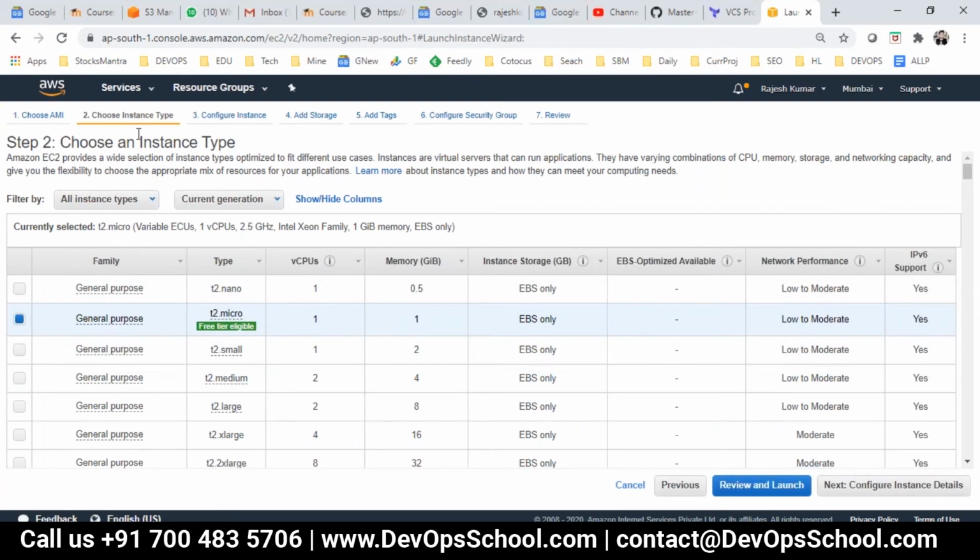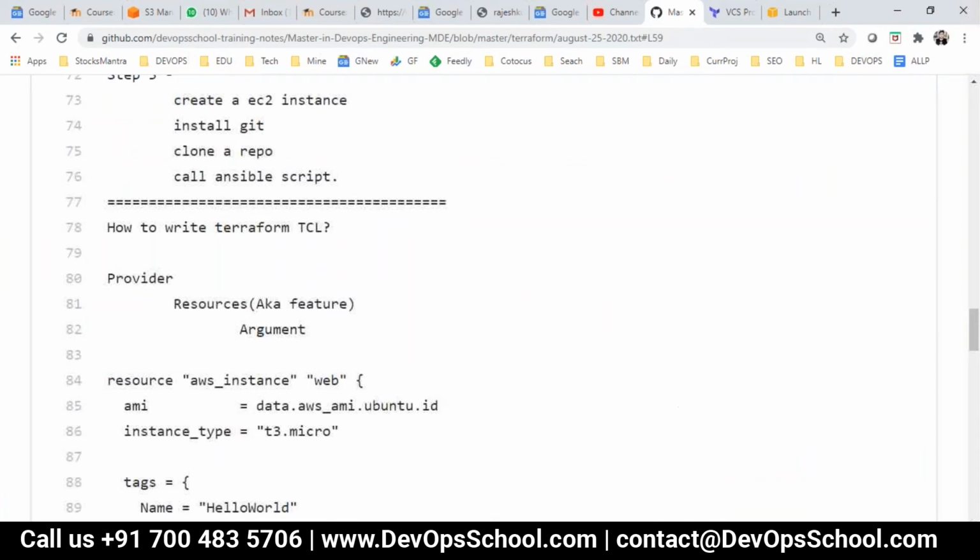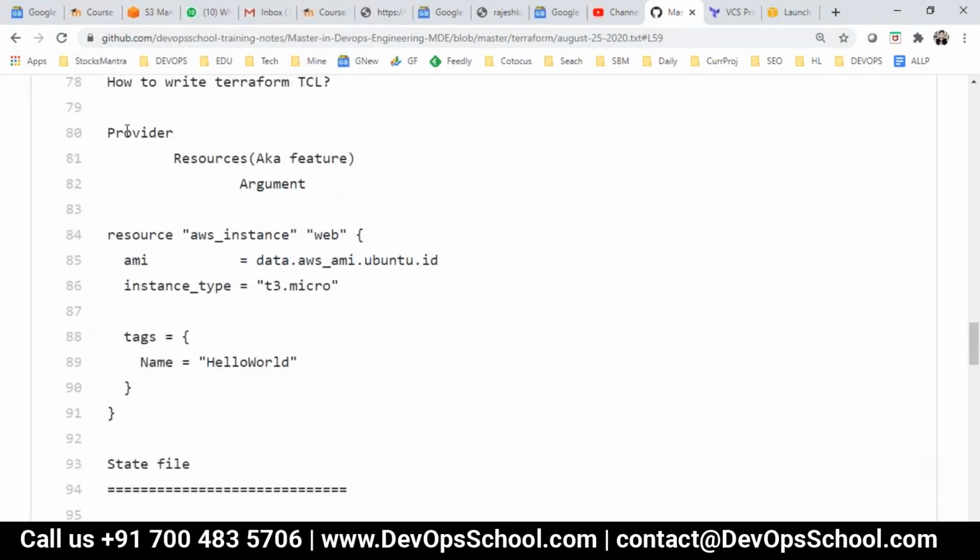You can see these are the options. These are the arguments, you can call them parameters, arguments, whatever it is. So if you see, the skeleton is something like this. Look at this. First you have a provider, then resources. For each provider you have resources and then arguments.